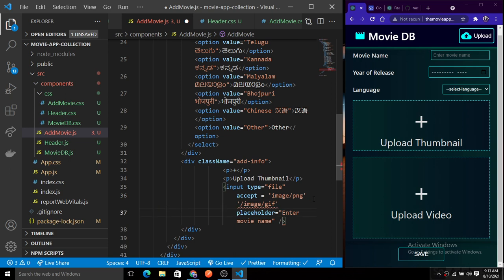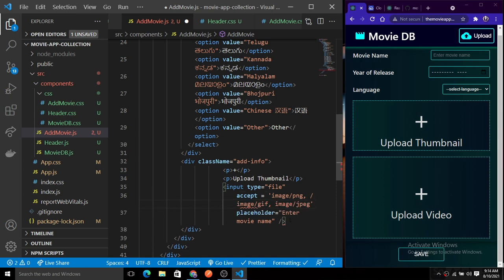Okay, then we will have an image JPEG. So JPG image also there. Okay, let's remove this thing.